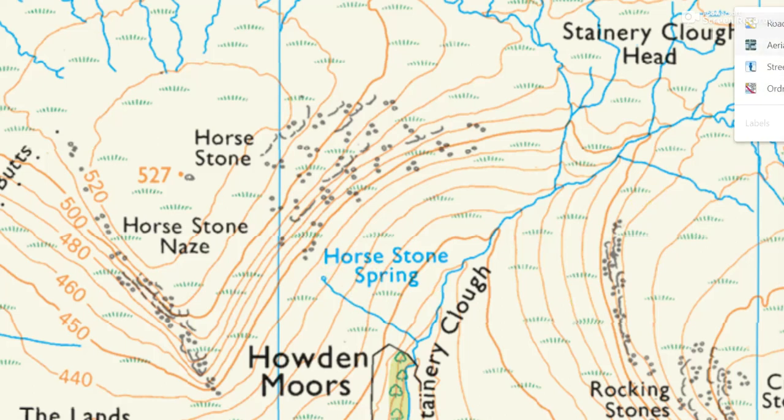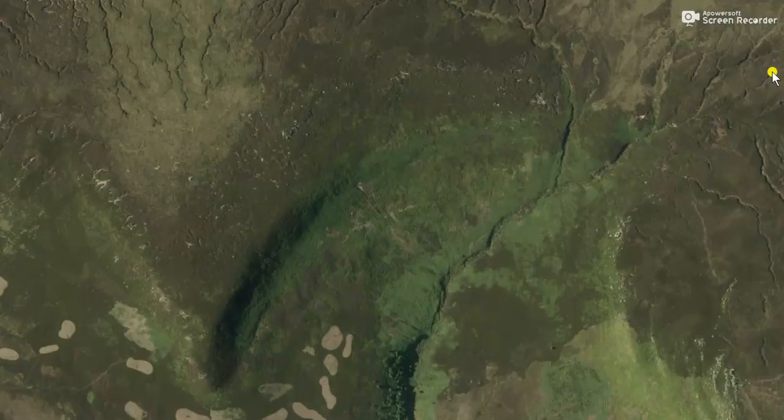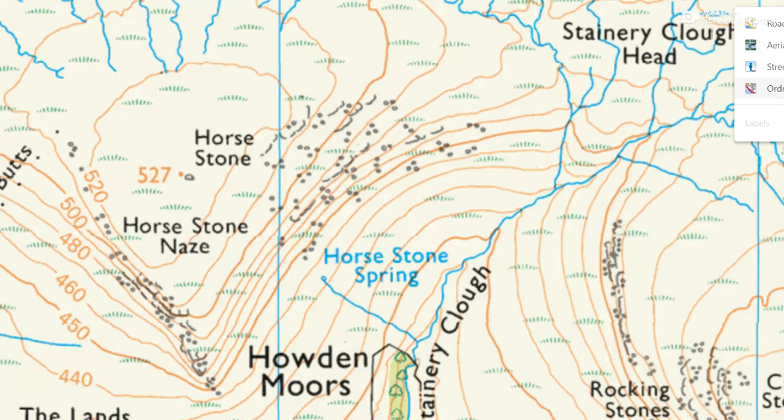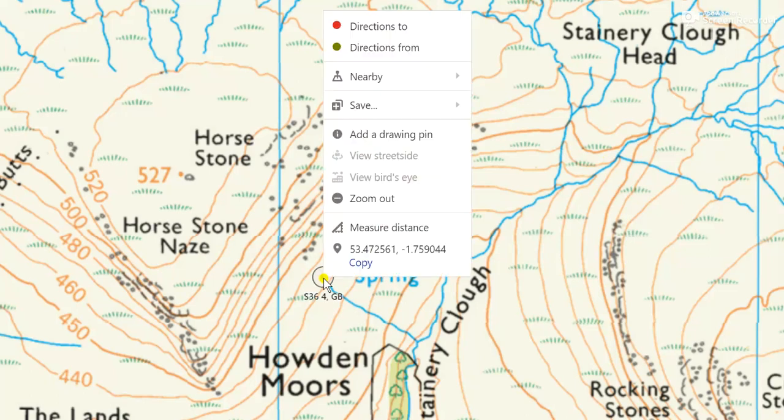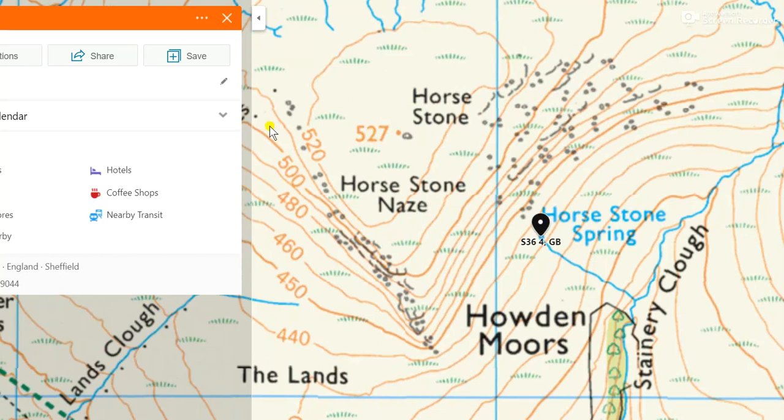So there we've got the aerial shot, and we can go to Ordnance Survey as well. So what we're going to do is, if I just right click over the point that we're looking at, in this case the spring, I can add a drawing pin, and then what I can do is go to the aerial map,